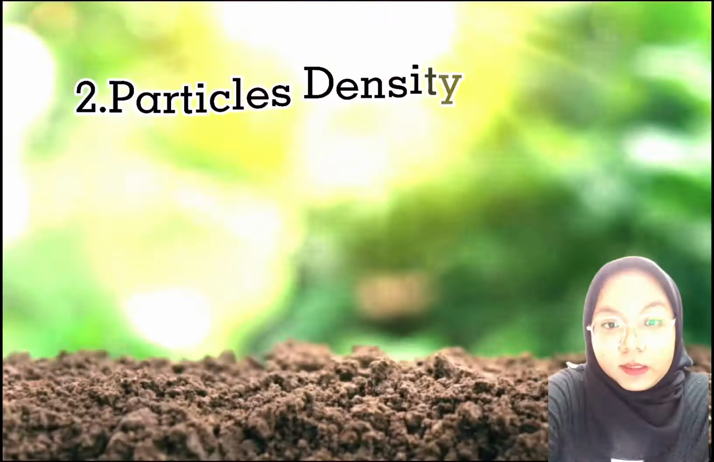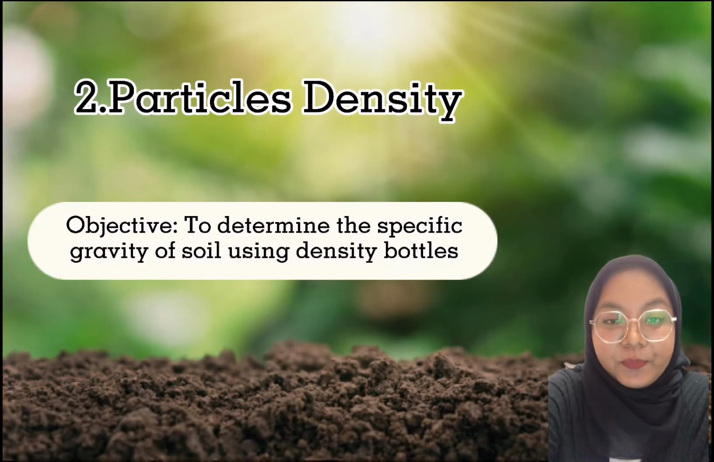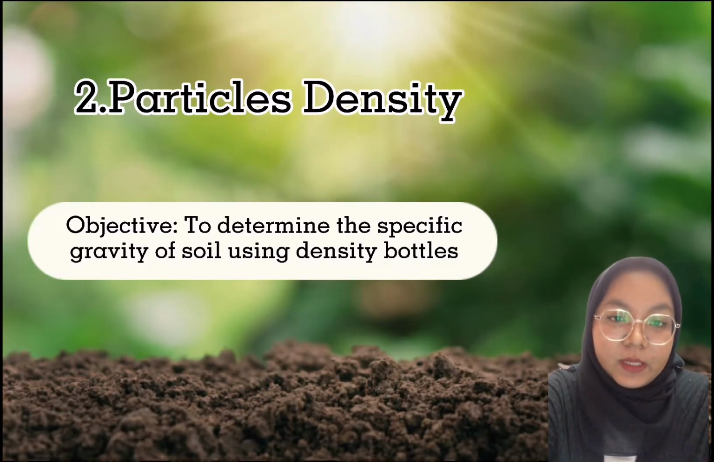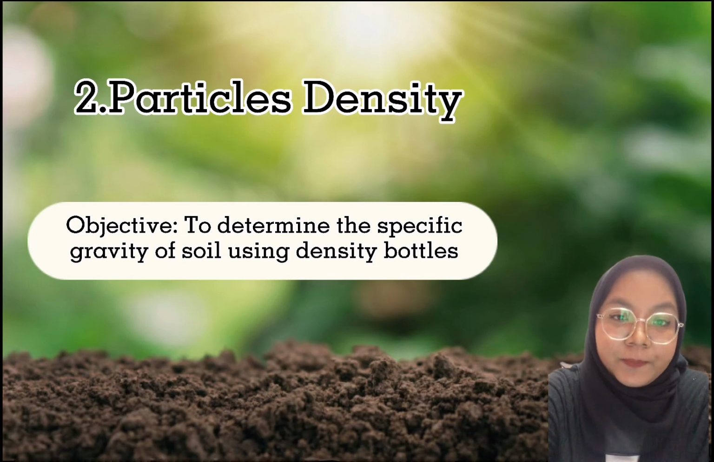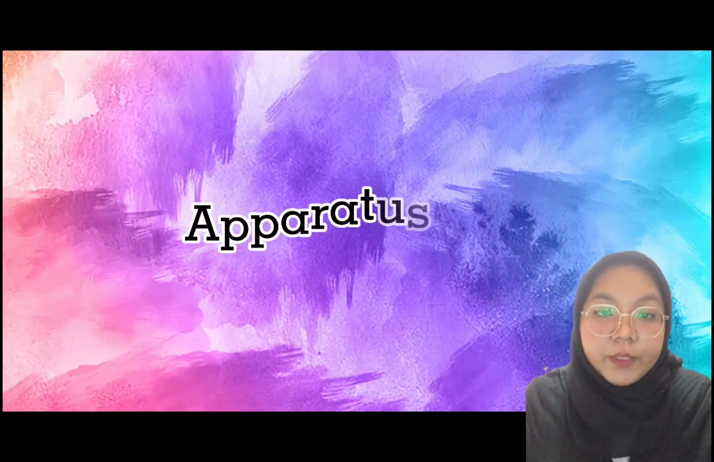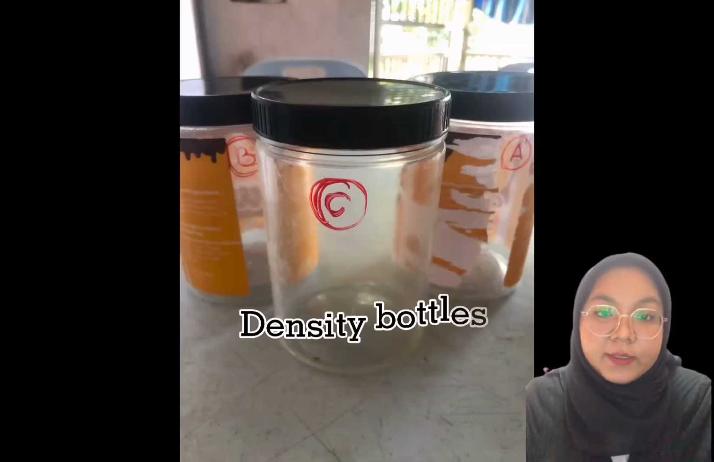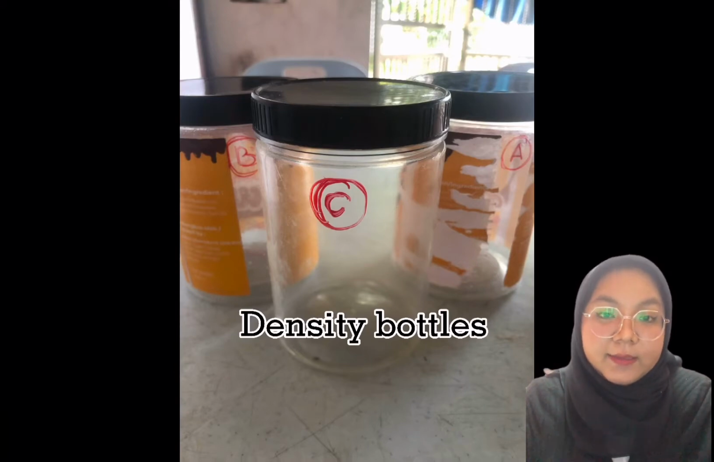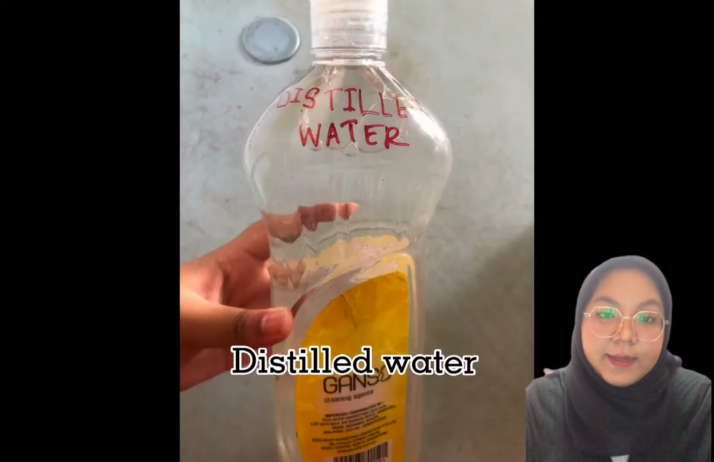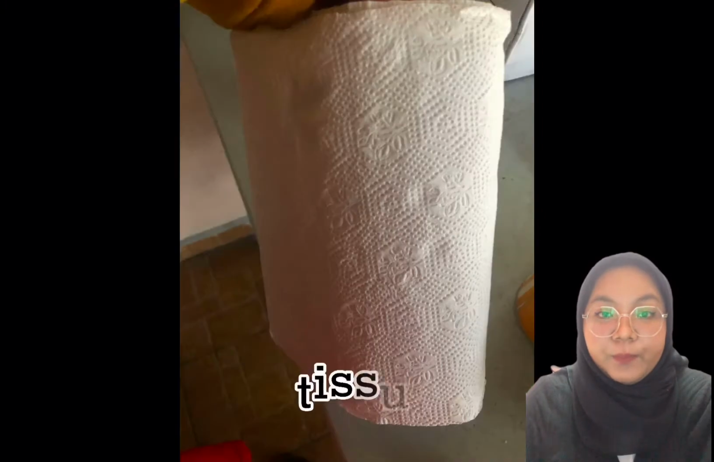The second experiment is the particle density. The objective of the experiment is to determine the specific gravity of the soil using a density bottle. For the apparatus that I use, first a plastic jar as a density bottle, distilled water, a vacuum, tissues and